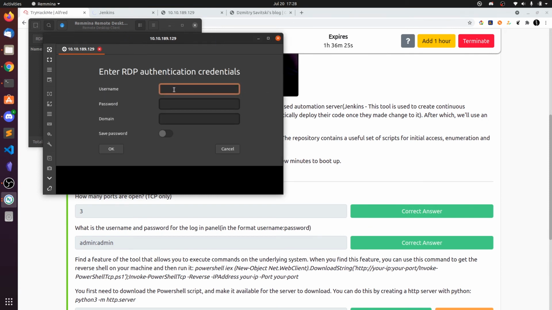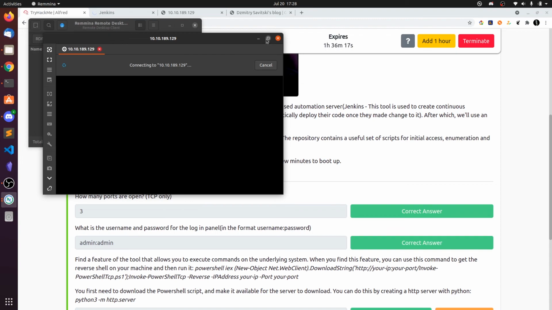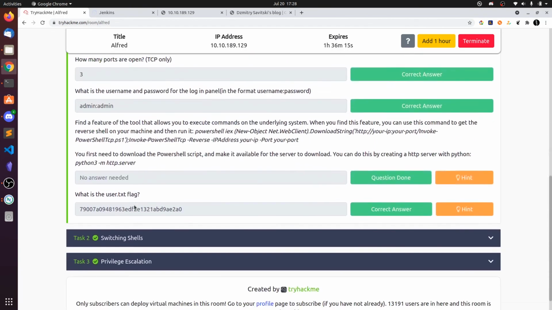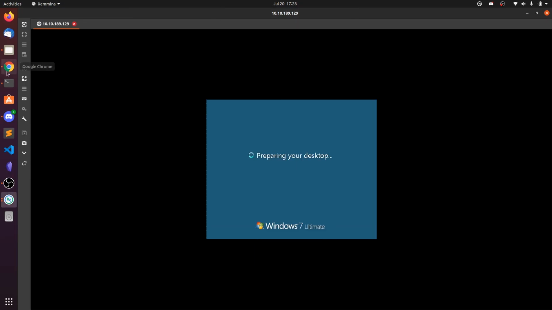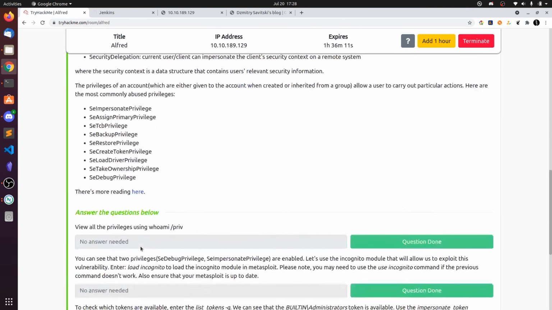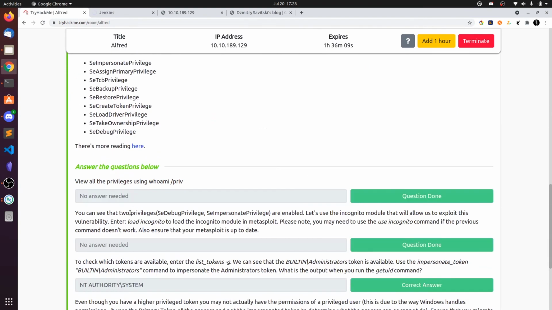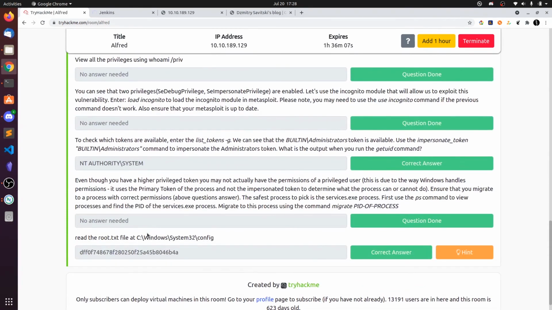Now type in the username arrow and the password arrow. One thing we need to notice is that the flag is not in the administrator user, because there is no administrator user. The flag is in C:\Windows\System32\config.